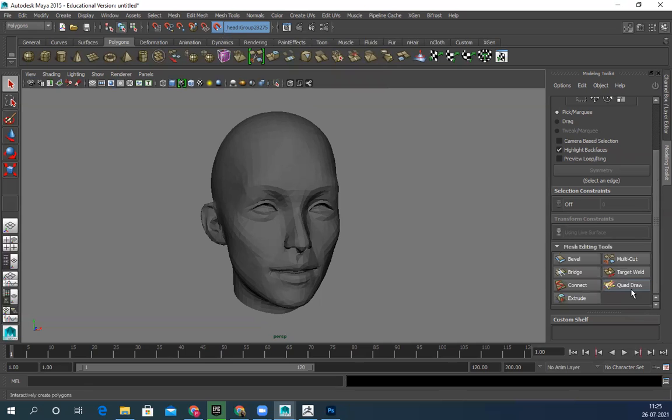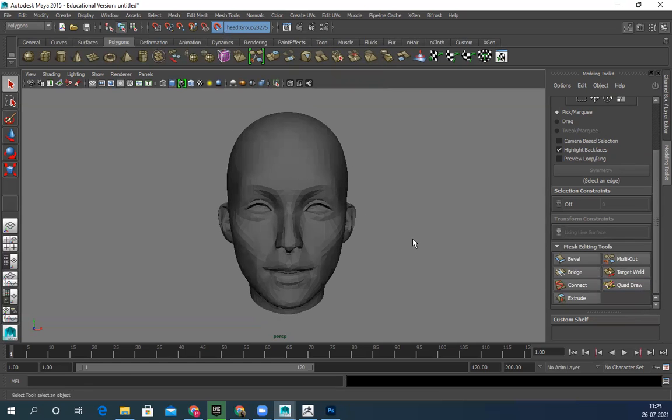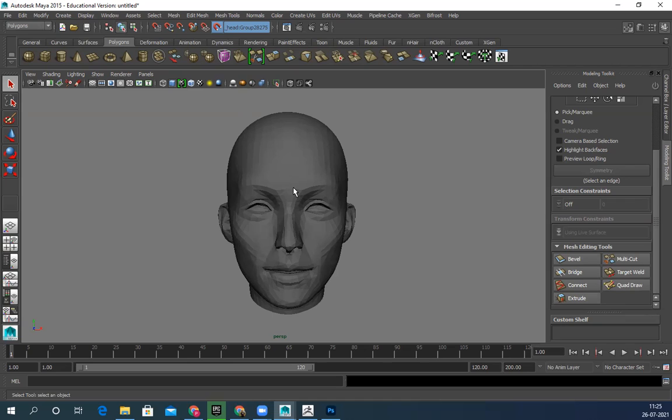Before switching on your Quad Draw, I will make sure my symmetry is on in Maya. Maya symmetry is amazing. Whatever you create, both sides will be perfectly symmetrical without any problem. So hold Control Shift together and right click.